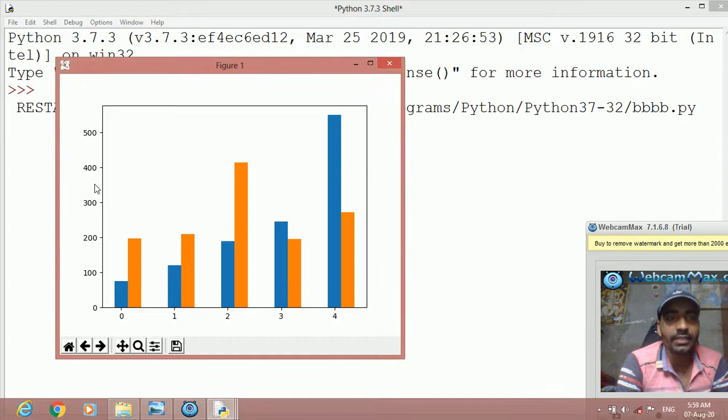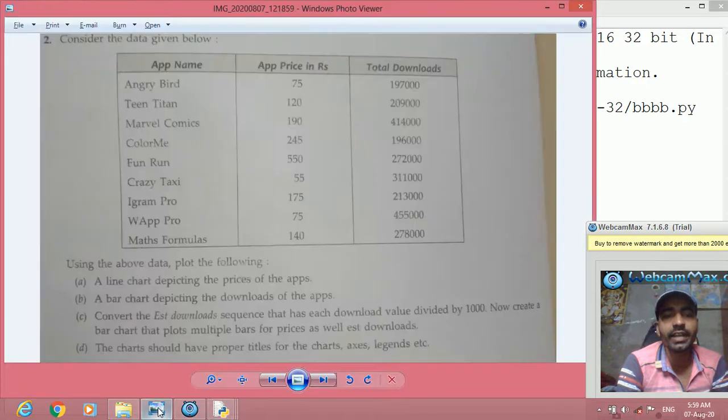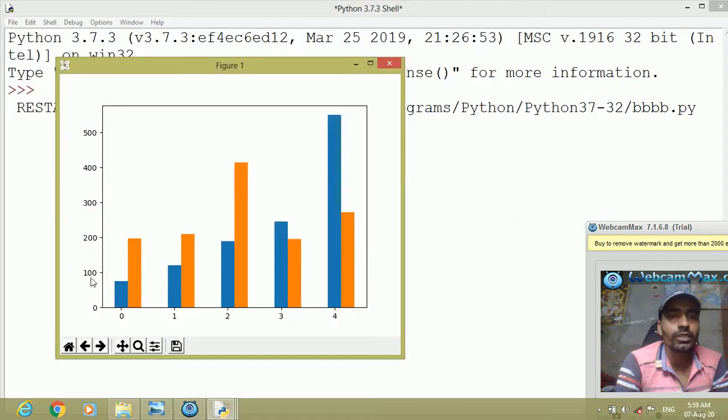This one is showing price as well as est download. As you know, est download has been divided by 1000, so that has come to a smaller value, so it is showing both the price as well as est download. The price is of blue color and est download is of orange color, you can see here.